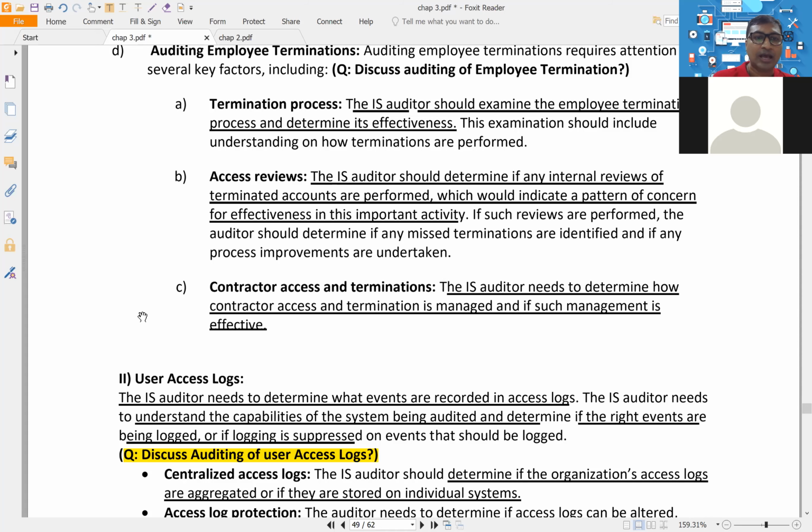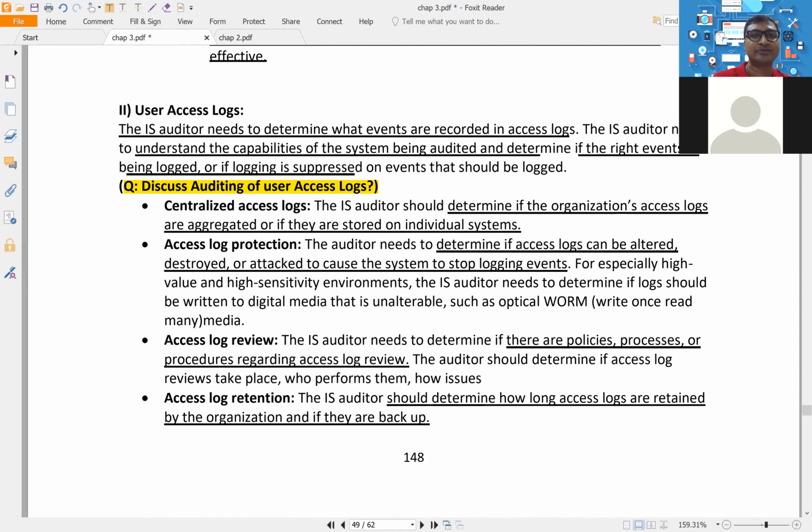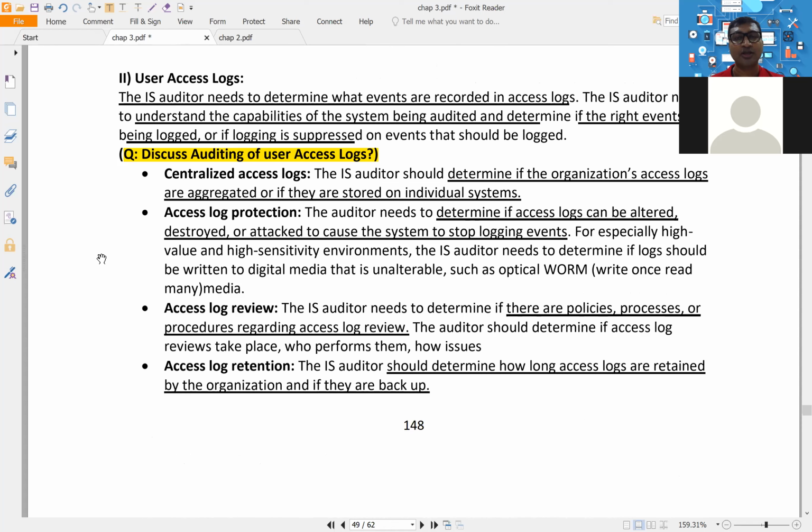Okay. Apart from that, the user access log is nothing but the records which we keep in our system regarding those things: where we are keeping them, in a central place or multiple places, how the logs are protected so they do not get altered in any manner. What is the duration to review the log, like every 2 months, 3 months, 6 months, and what is the duration for which we are going to keep the log, 2 years, 5 years, 10 years. All those things will come in the user access log.